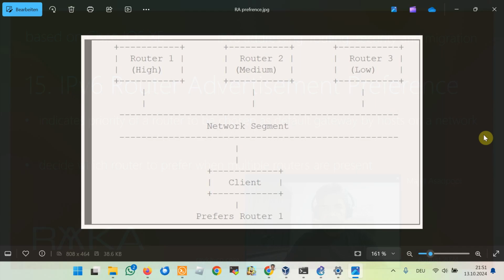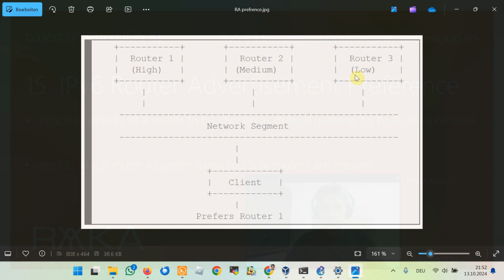In the previous lessons, we have already learned some applications of the router advertisement message, especially in the context of dynamic address assignment in IPv6 and the role of the router advertisement flags: the managed flag, the other flag, and the A flag. In this section, we are going to learn another application of the router advertisement message, called router advertisement preference, a flag inside the router advertisement message, which indicates the priority of a router, which by default is